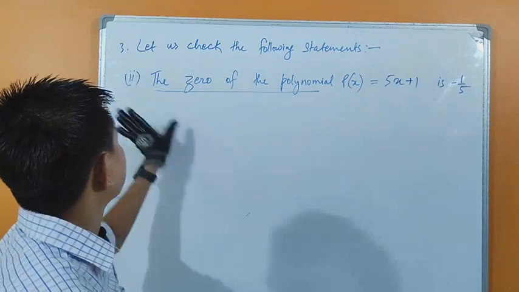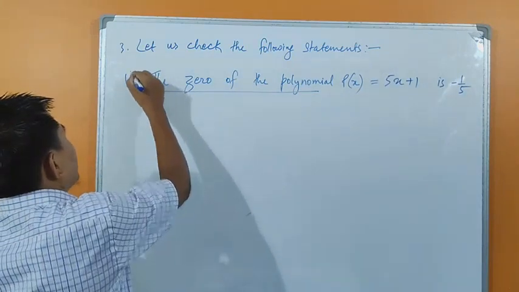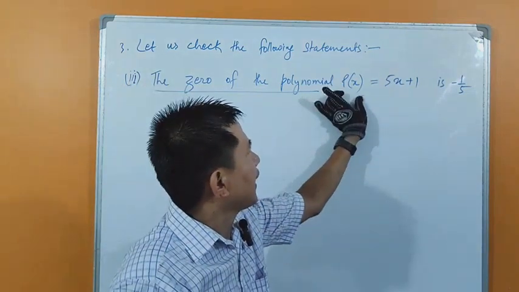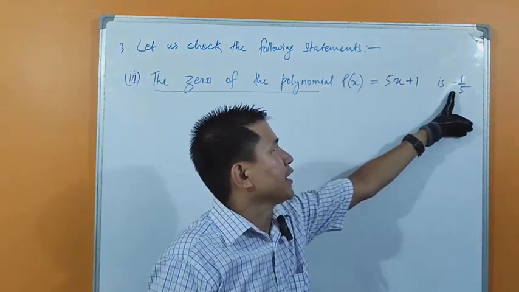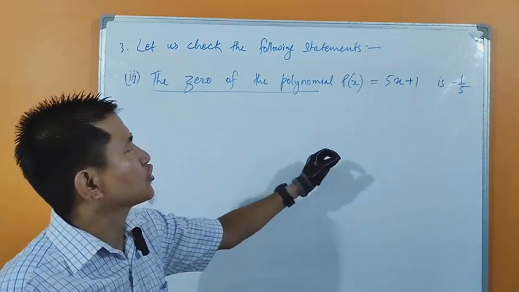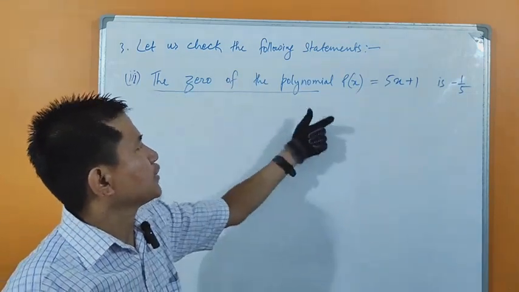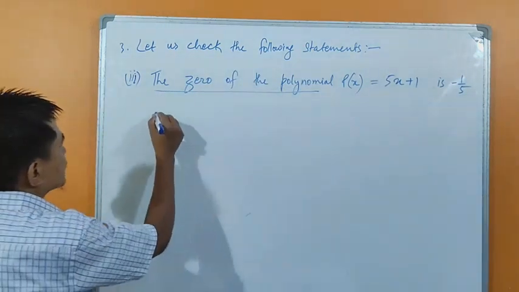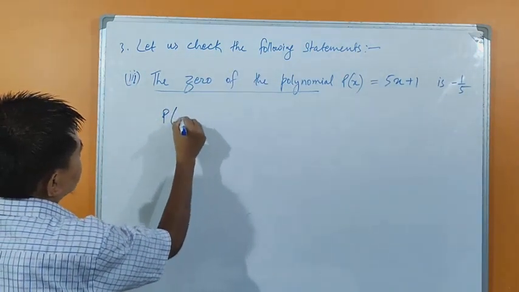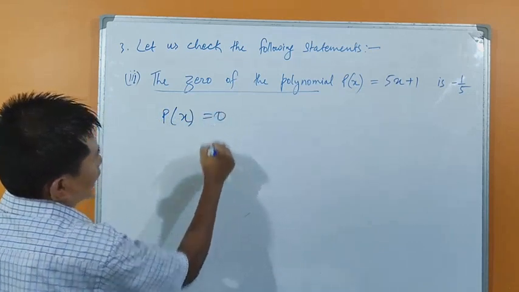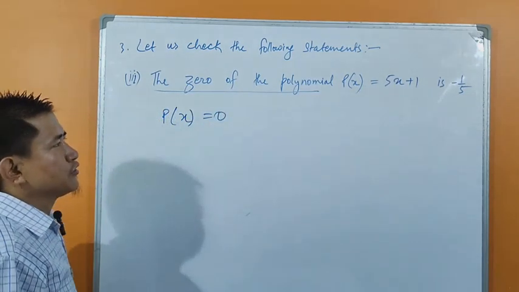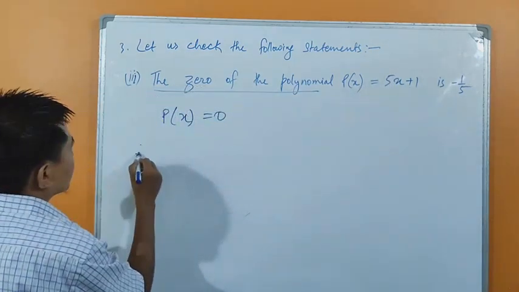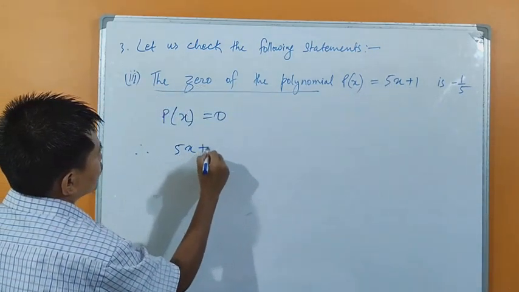Okay students, this is sub number 3 of question number 3, and the 0 of the polynomial p(x) is to be verified as minus 1 upon 5. We are asked to verify that 0 of the polynomial p(x) is minus 1 upon 5. Since 0 of the polynomial means p(x) equals 0, polynomial should be equal to 0. That means 5x plus 1 equals 0,